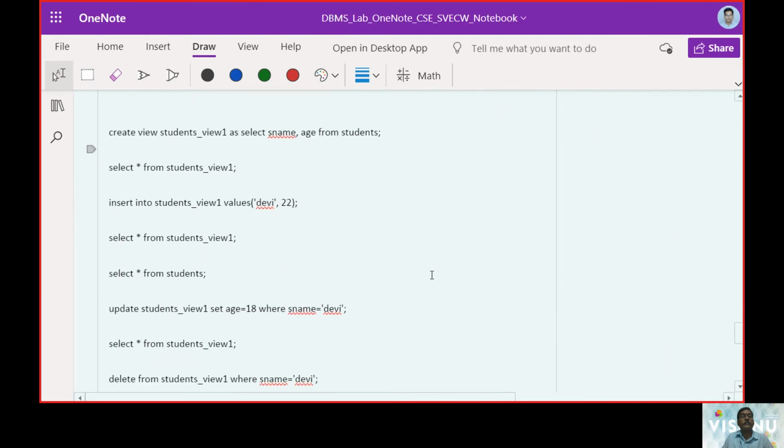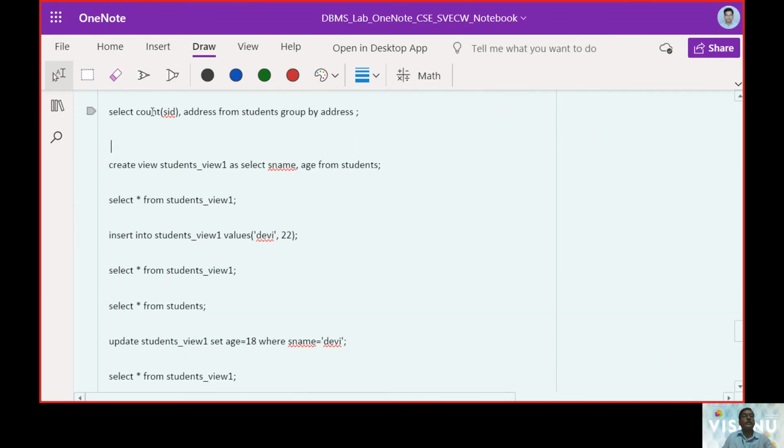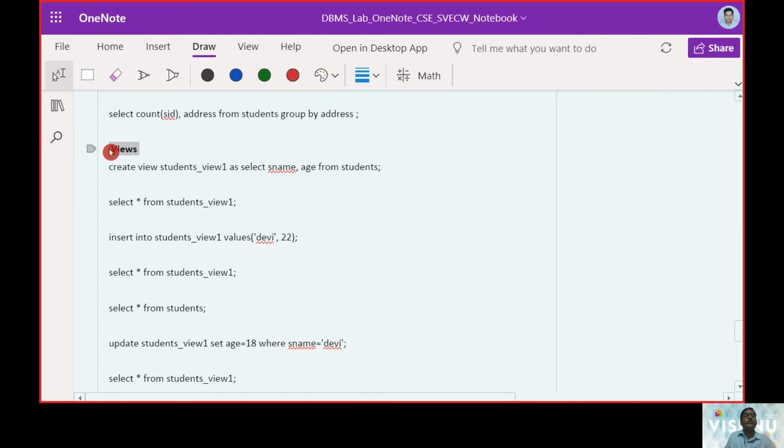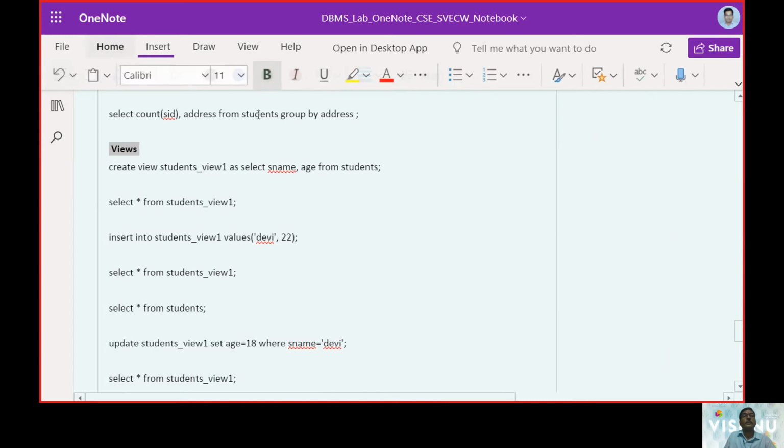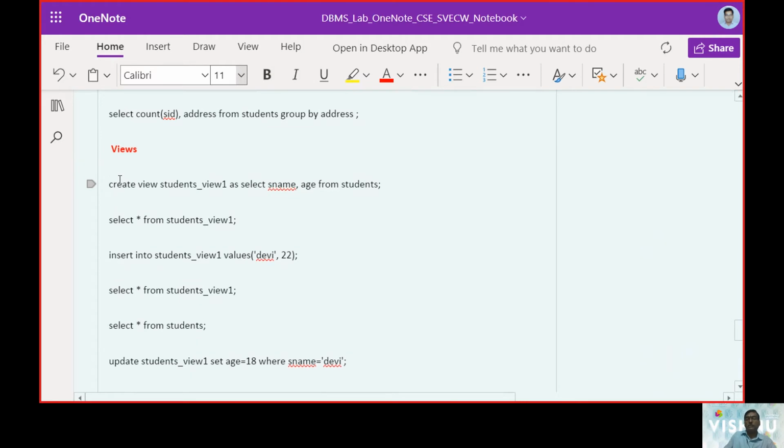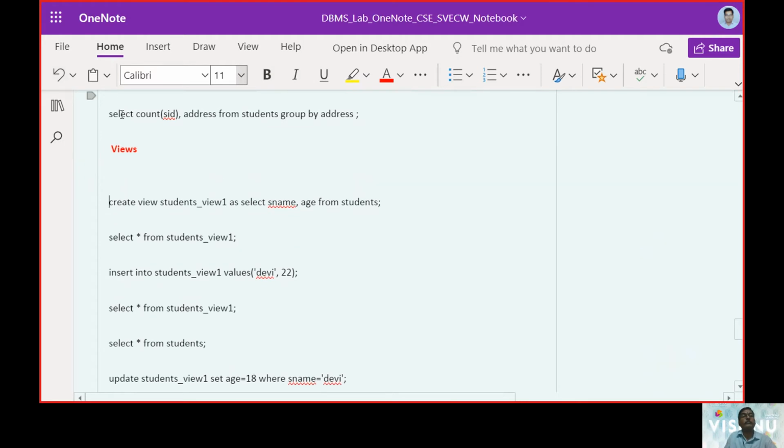Now let us see an interesting word called views. When can we use this word views? Views are nothing but virtual tables.